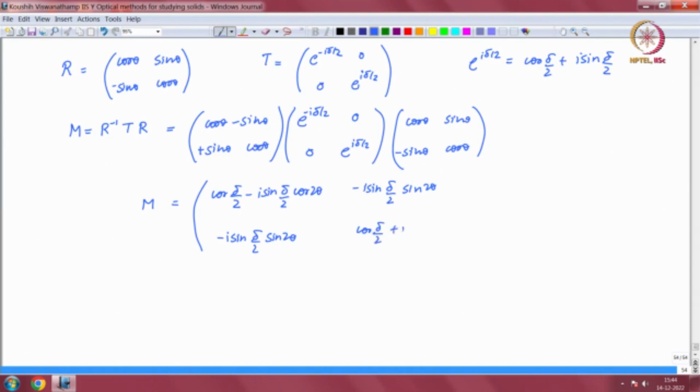And you have a complex conjugate of the first term. This is what M looks like. So, a general optical element will do this. If you have a body whose principal stresses are in this direction, it will do exactly this. If you have a quarter wave plate whose orientation is in some random theta direction, it will do this with delta equal to pi by 2 and so on. Any optical element will do the same thing. So, this is a general transformation